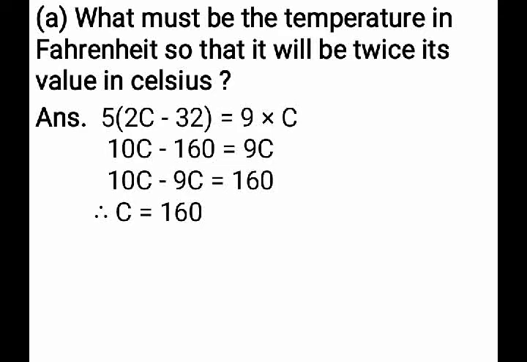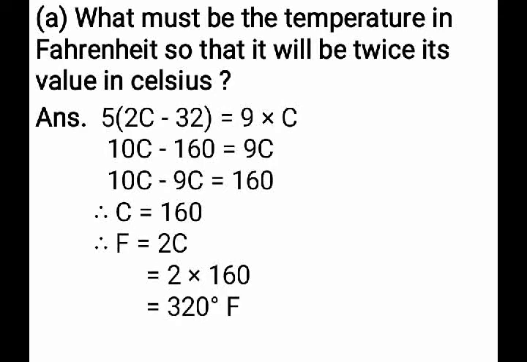The value of Fahrenheit is given, therefore F is equal to 2C. Okay, you have to substitute the value of C, which you got, 160. That is equal to 2 into 160. 16 twos are 32. This 0 you have to write as it is because 2 zeros are 0. So the answer I am getting is 320 degree Fahrenheit. I got the answer, that is 320 degree Fahrenheit, the bracket one answer which is given in the question.